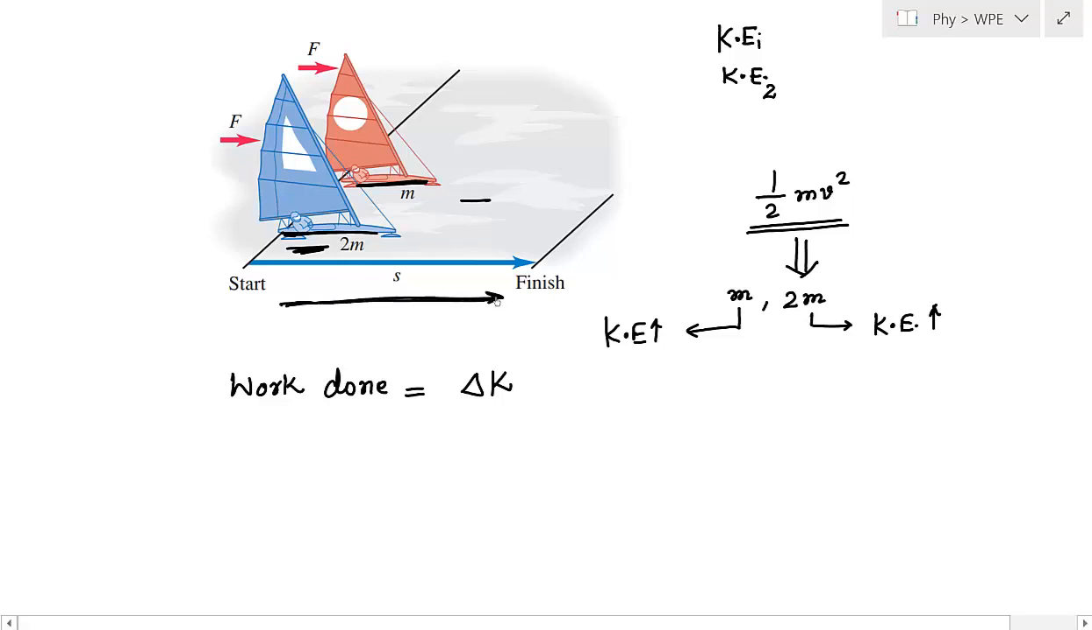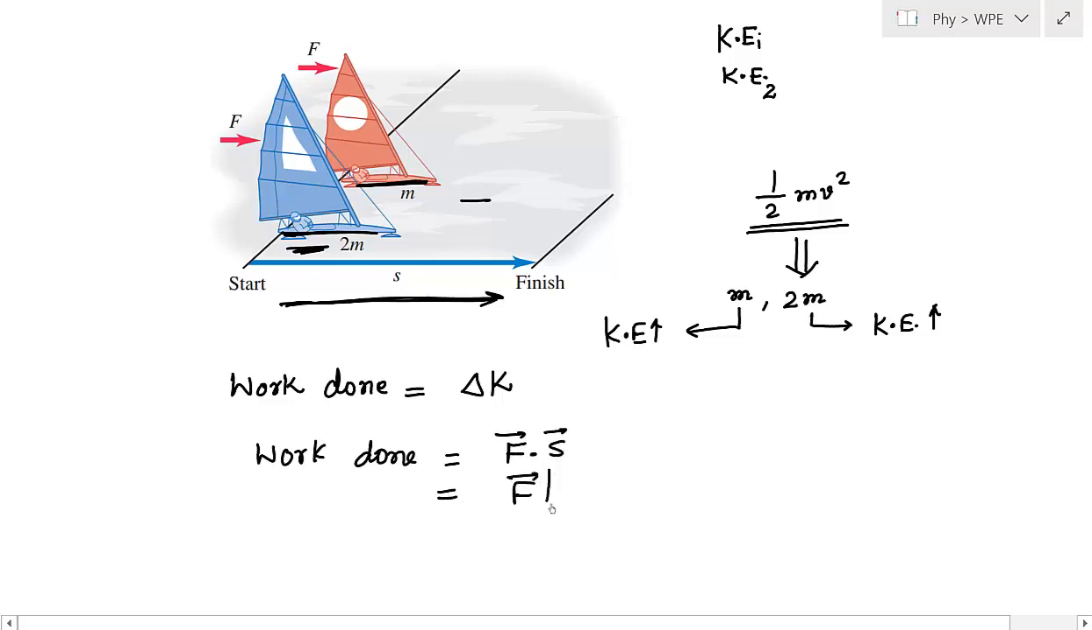So in this direction, displacement is S and the force is F. Either you consider ice boat 1 or you consider ice boat 2. In both cases, the magnitude of force is F and the displacement is S. So how much is the work done? You can write work done is nothing but F dot S,